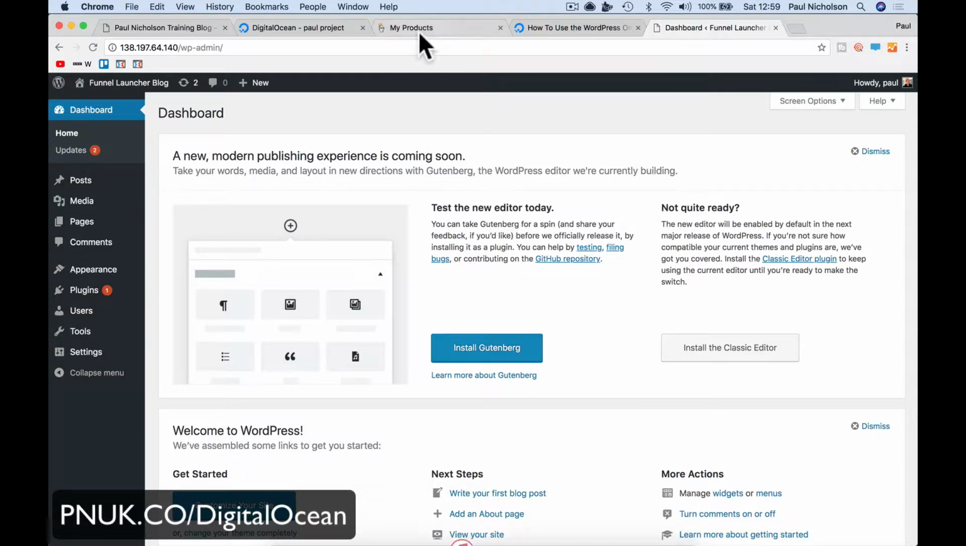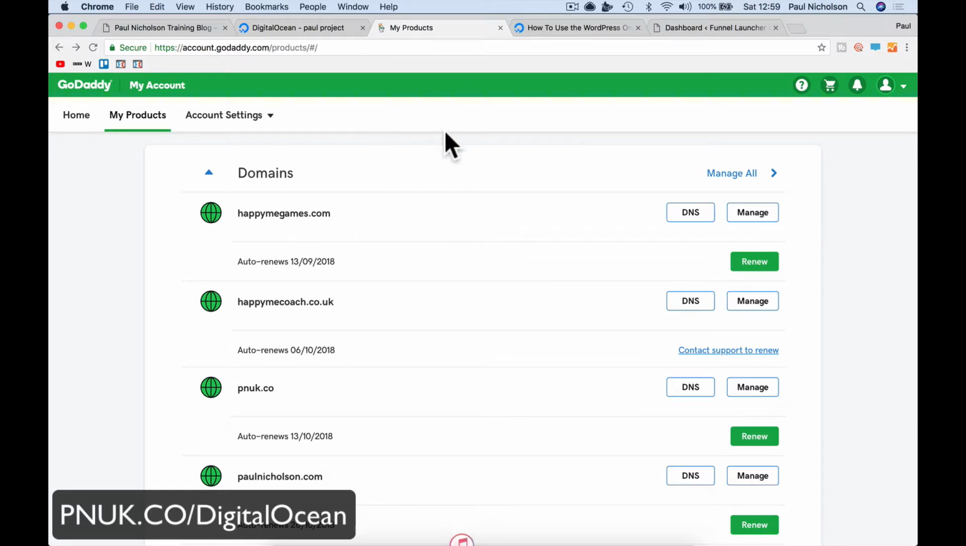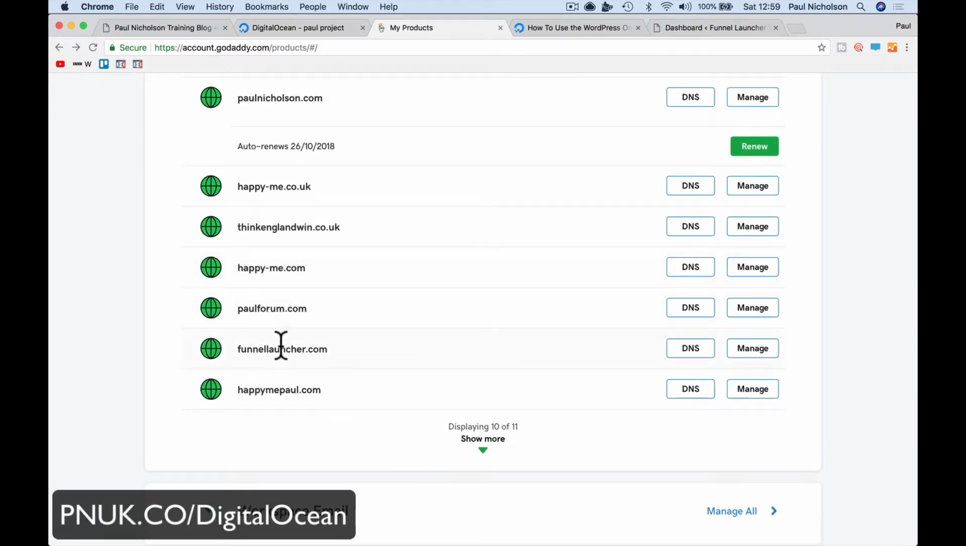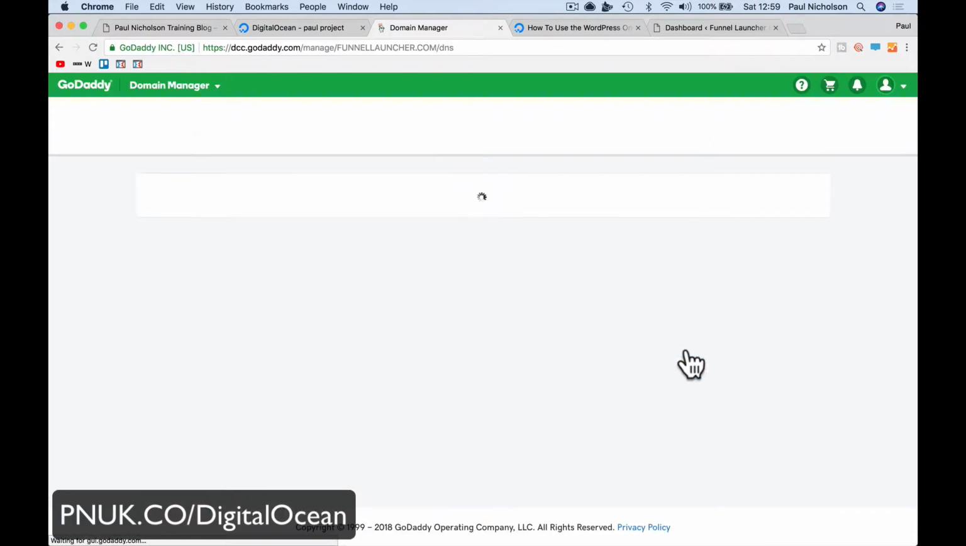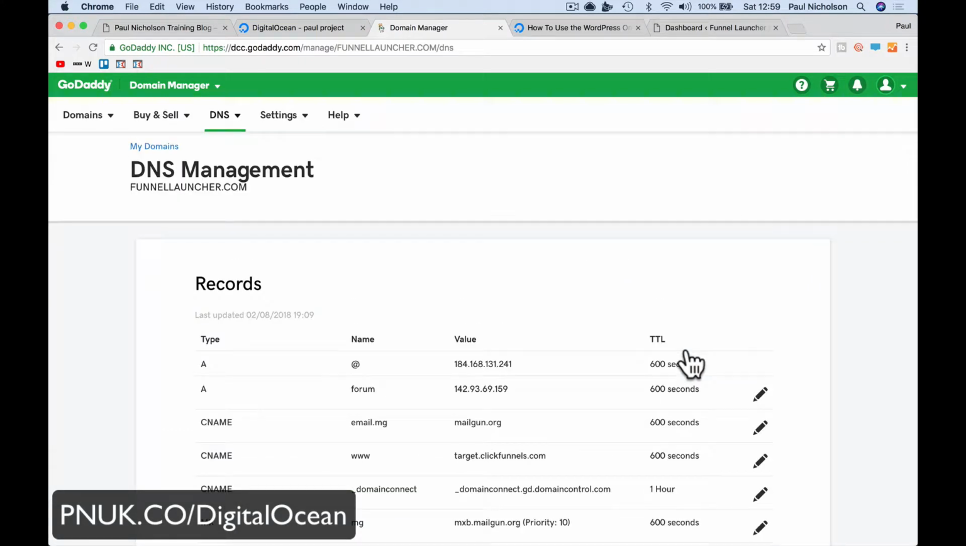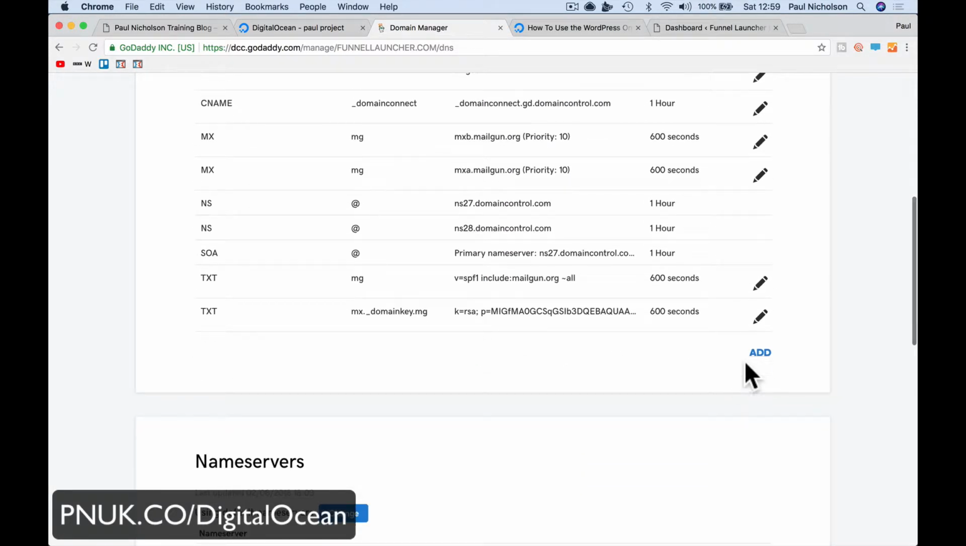So what I'm going to do is funnel launcher. I come into GoDaddy or wherever your hosting is. You find your domain name, wherever you're doing it, go to DNS settings. If I wanted this to be funnellauncher.com on the root domain, I would change this to just be the @, but I want it to be blog.funnellauncher.com, right? So what I have to do is add a new A record,